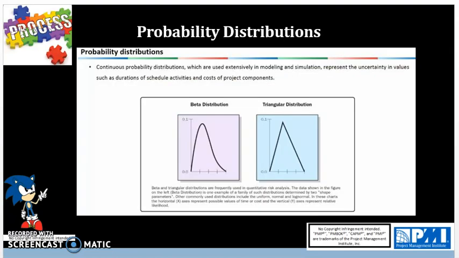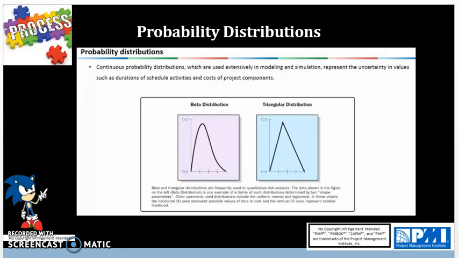Next, this slide is just going to recap the probability distributions. And note, regardless of the type of probability, the maximum probability of an event occurring is 1 or 100% and can also be verified with calculus through the use of integrals. Integrals are used to determine the area under the curve, and in a mathematical proof, the area under any probability curve is going to be 1. So note that on the PMP exam, it's going to focus more on the beta distribution.